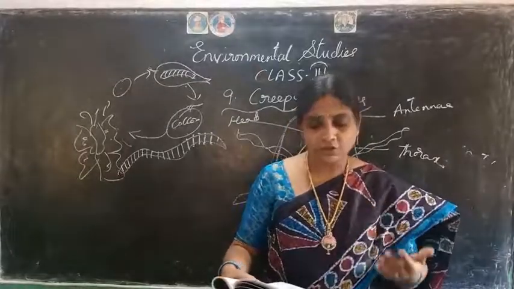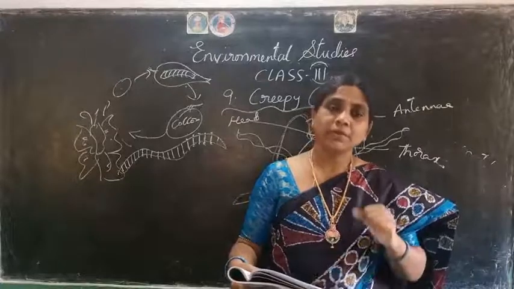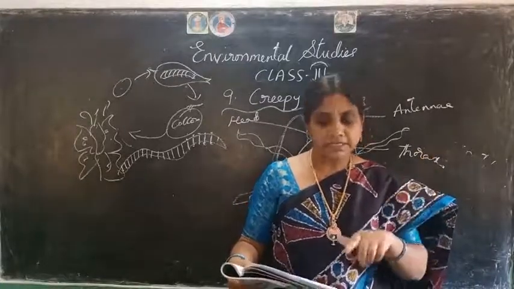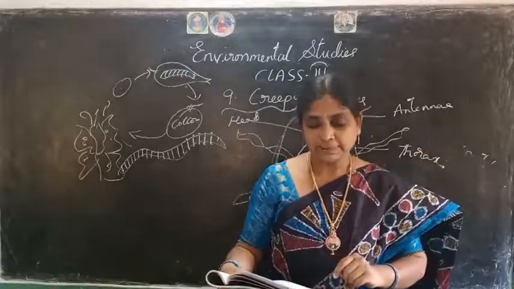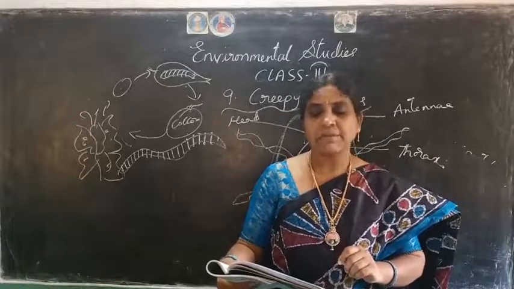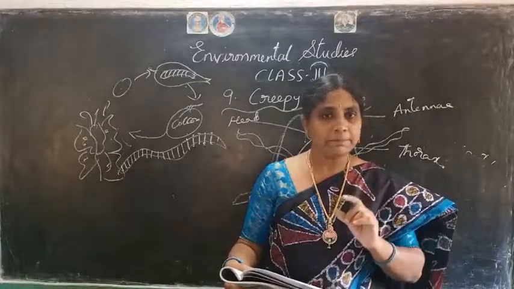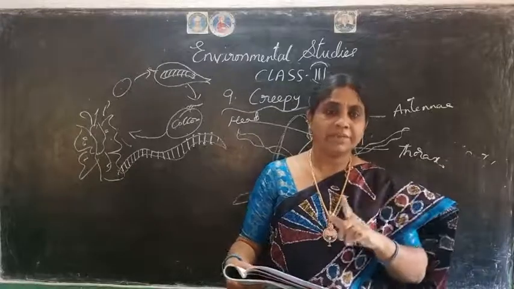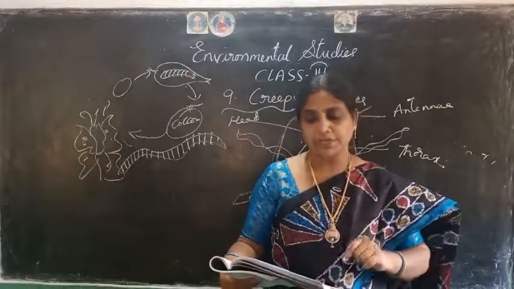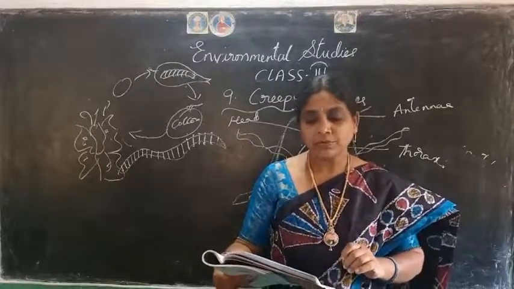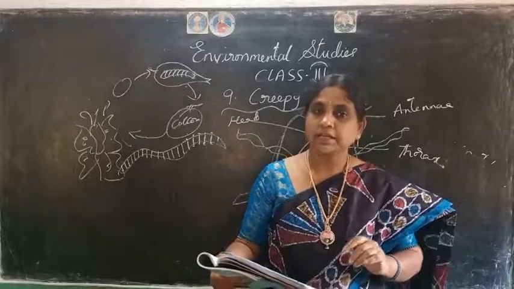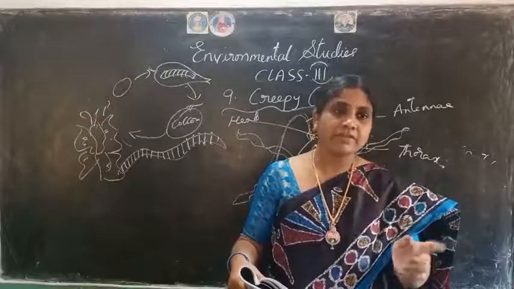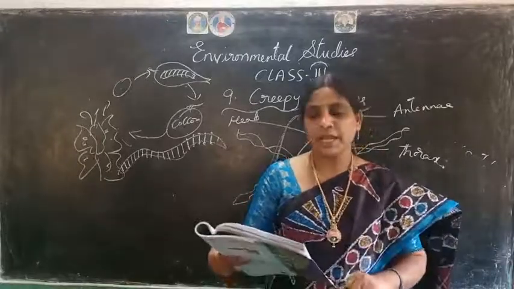Okay. Spiders and scorpions have 8 legs. How many legs do they have, children? 8 legs. Whereas insects previously had only 6. Here these have 8 legs. Spiders spin webs with silk that comes from their body. Spiders, we see them, right? Look at how nicely they form a web that comes from their body only. They do not fly but can sail through the air at the ends of the silk threads they make. They can't fly in the air, but with the silk threads which they have formed, they move nicely from one place to another.